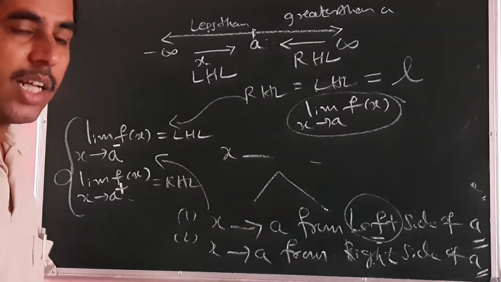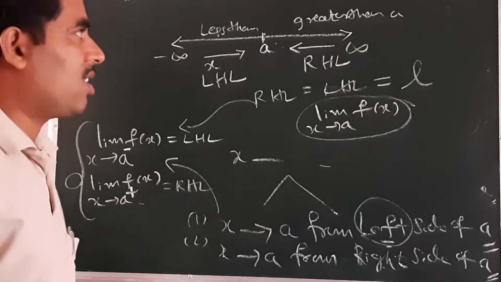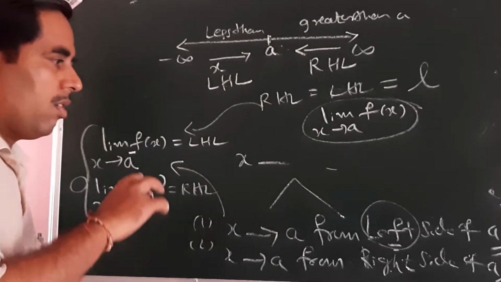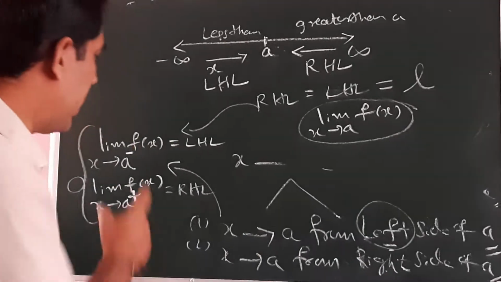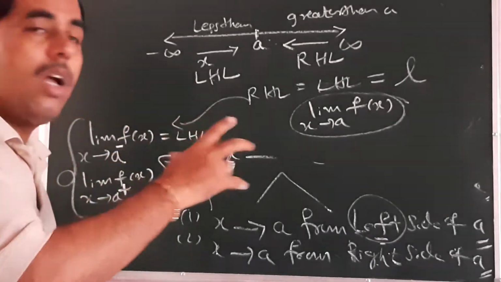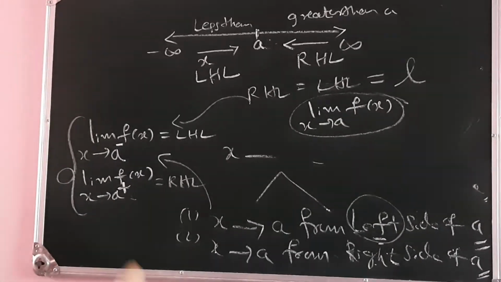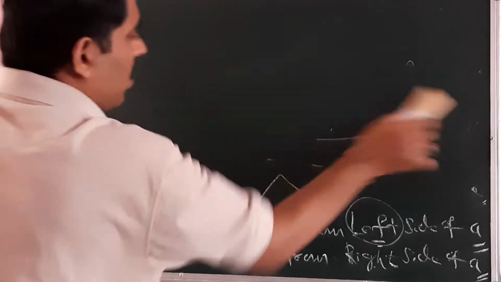These are the things we have learned in our first PUC class in calculus, so we have noted down all these points: right hand limit and left hand limit. We should have some basic knowledge about this before going to the main topic, continuity. So what is the summary? We can briefly report here.